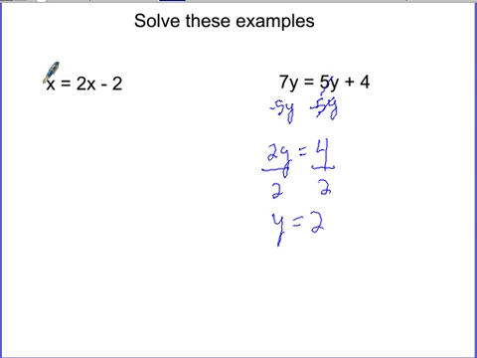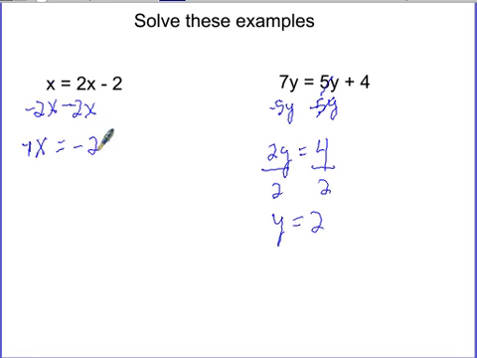On this one, we already have an x that's by itself, but I've got 2x over here, so we still have to work with these to get them together. I don't want 2x over here with this constant, so I'm going to subtract 2x. x minus 2x is? It's just negative x. 1 minus 2 is negative 1. So this would be like a negative 1x